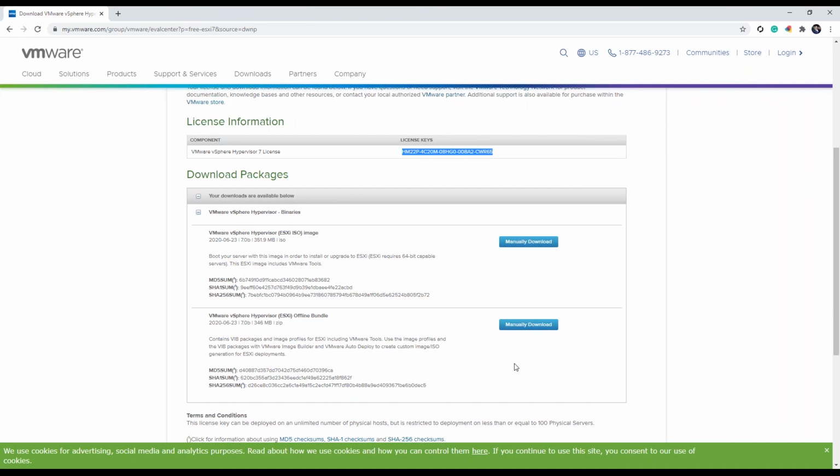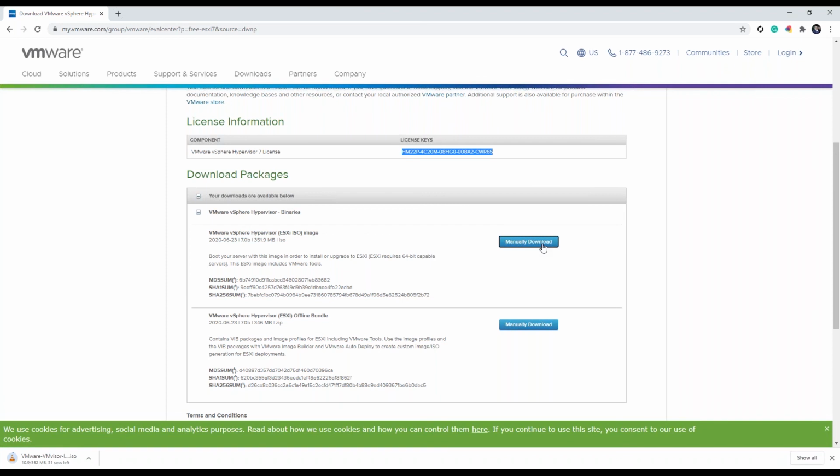If you look at the second option, the offline bundle, it contains VIB packages and an image profile for ESXi, including VMware tools. Use the image profile and VIB package with VMware Image Builder and VMware Auto Deploy to create custom image generation for ESXi deployments. So this offline bundle is not required right now. We'll go with the ISO image only and click on the manual download.